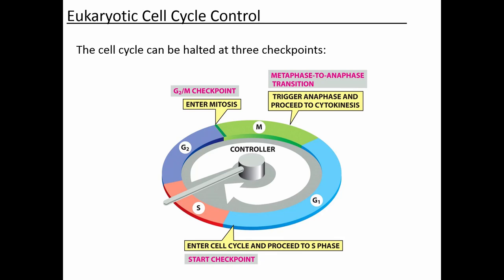Another thing that can pause cells in G1 and also G2: cells can pause in G1 and G2 in response to DNA damage. And again, that makes sense because if you're replicating the cell, so you're trying to make two daughter cells, you don't want the two daughter cells to receive mutated DNA. So they're going to pause, they're going to fix the DNA damage, and once the DNA damage is fixed, then they can proceed on to the next phase of the cell cycle.